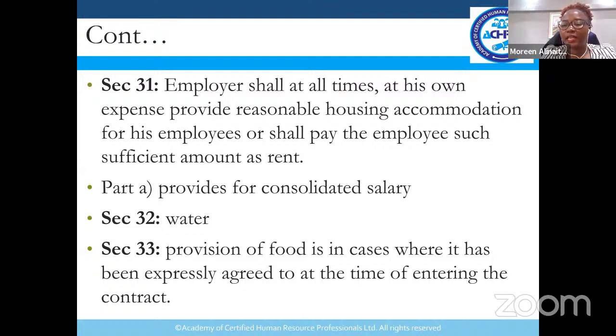I don't know if it goes against this provision of the law, because the law stipulates that the employer must give the employees reasonable housing. And if they don't give them reasonable housing, they shall pay the employees such amounts as sufficient to pay rent. Now, we see the government wants the employee to pay for their housing. They want to reduce the money of the employee,